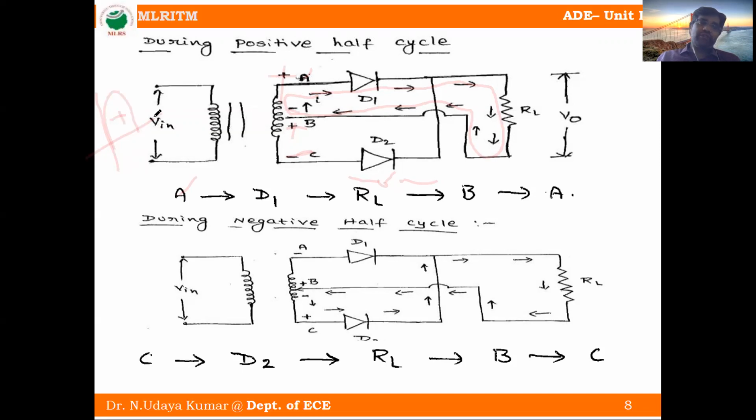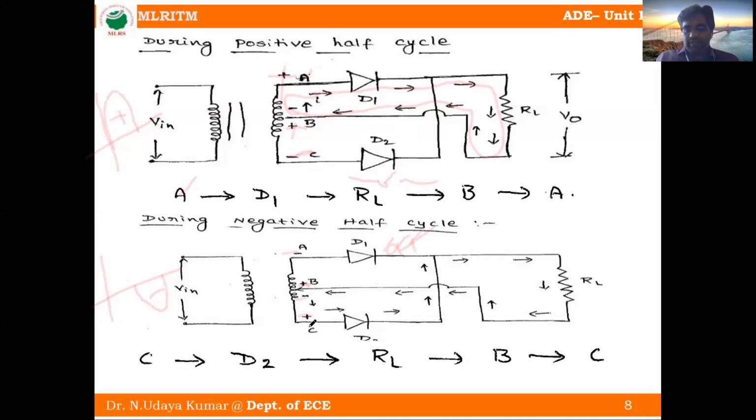Okay, in the first positive half, one diode will conduct and we will get the output. Next, we are given the second half. What happened? The second half means it is negative: here negative, positive, negative, positive. So here negative means this diode D1 is off, and D2 is on. On means forward bias.